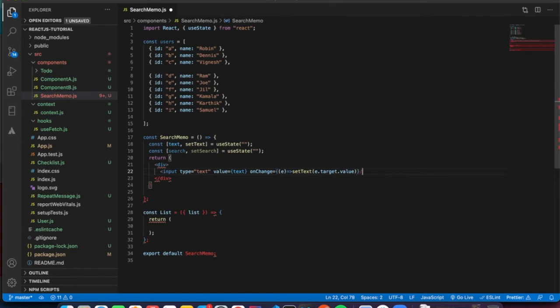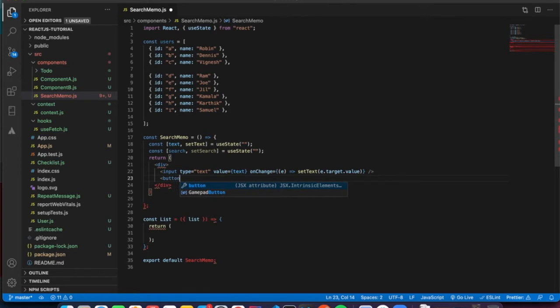Now we have an input, and then we have a button over here that says Search. On clicking of this we should execute some function. So onClick, we will write one function that is handleSearch, and we'll say its type is button.